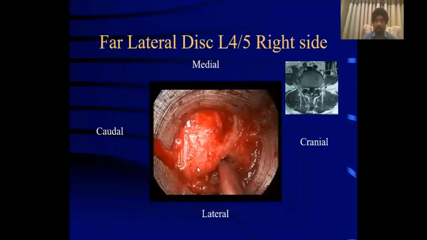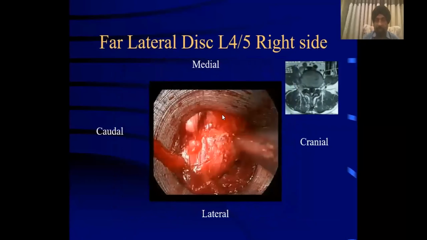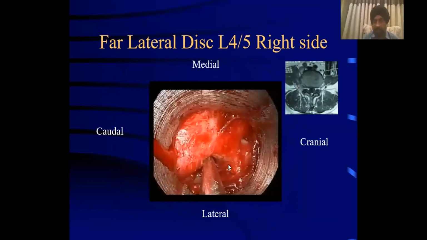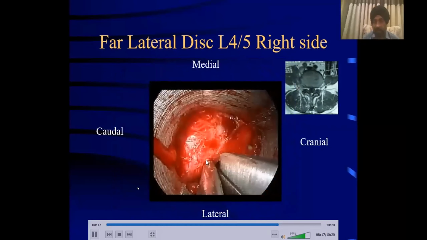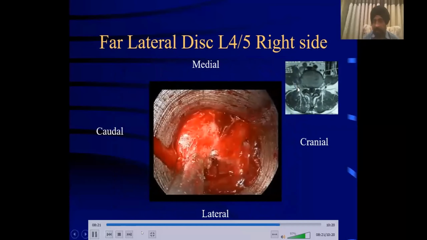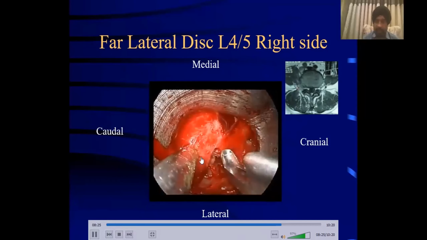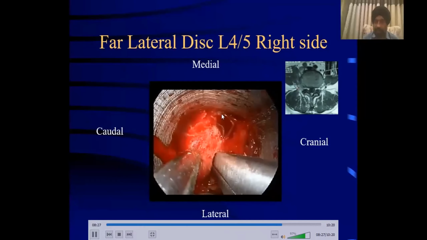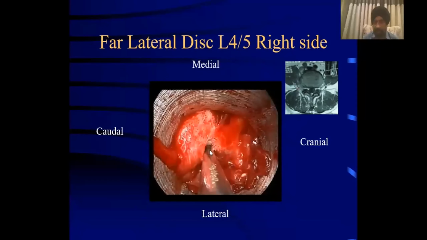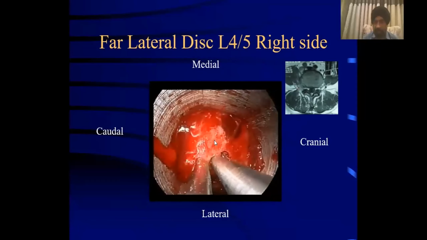This is a small video clip of far lateral disc herniation, in which instead of the interlaminar approach, we use an intertransverse approach and perform a fenestration on the lateral edge of the pars. You can see this is the far lateral disc herniation here. And here, this is the lamina on the right side, L3, L4-5. And here we perform the fenestration.